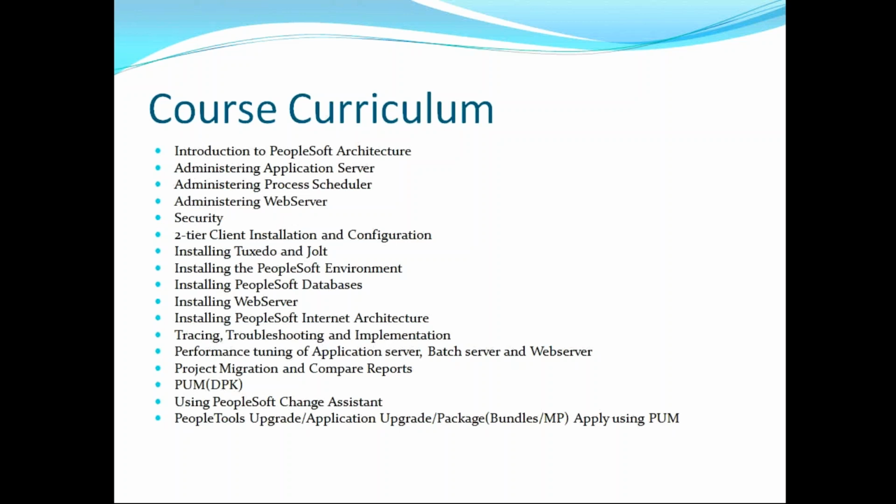Go ahead. Yeah, in the two-tier architecture, you said there are three components that are very important. Yes. One is Configuration Manager. Another one is Data Mover. And the third one is Application Designer. So the Configuration Manager is where we set some configuration, that is the default. Normally after setting the configuration we will not bother about it. But if you want to set any trace, we may use the Configuration Manager to set the traces and all. So that is the main part of Configuration Manager.